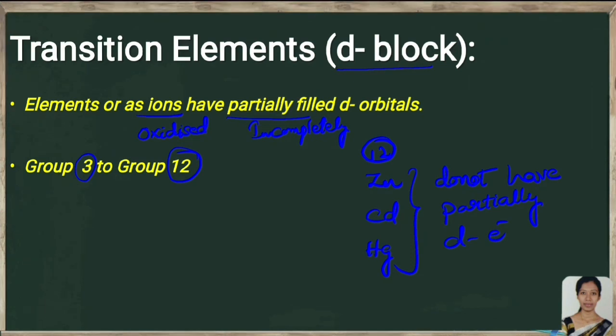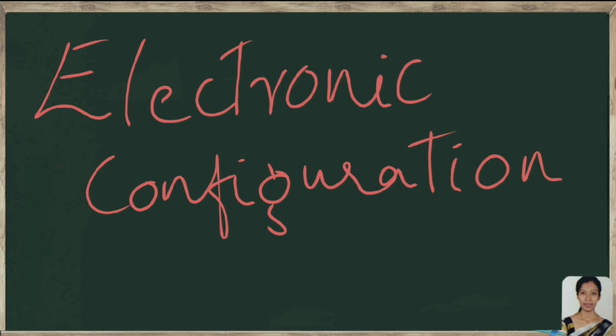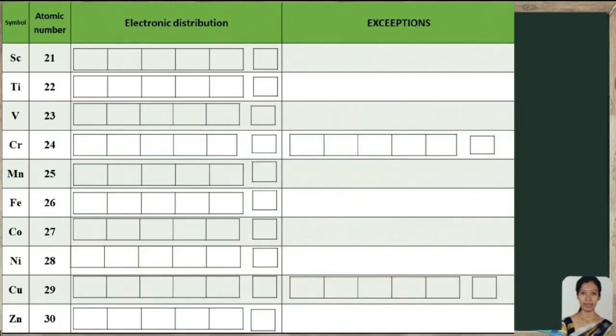Why do we want to study these elements? These elements have various applications in our daily life. That's why we need to understand the properties of these d block elements so that we can use these elements in a better way. Properties of these elements depend on their atomic number, that is the number of electrons in a particular element. So in order to understand these elements in a better way, we must learn about the electronic configuration of the elements. So these are the elements of the first transition series.